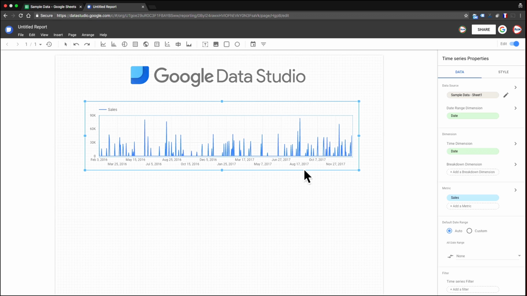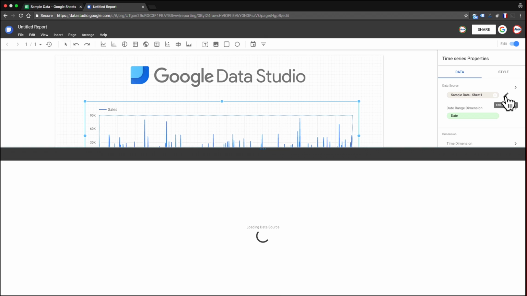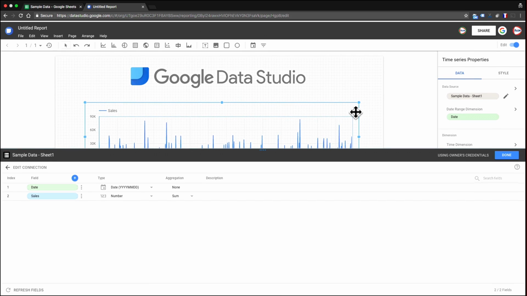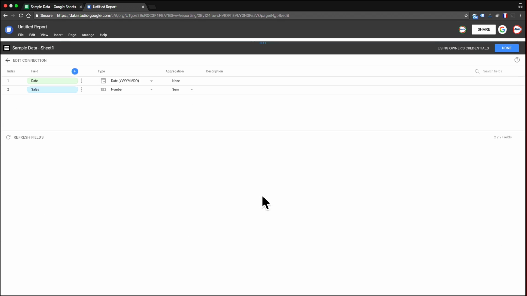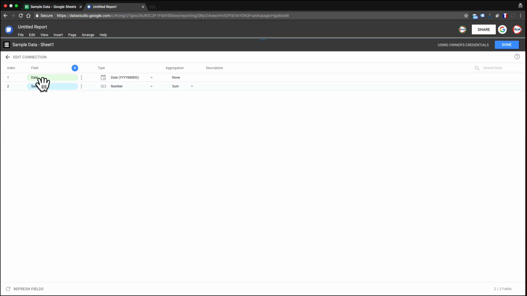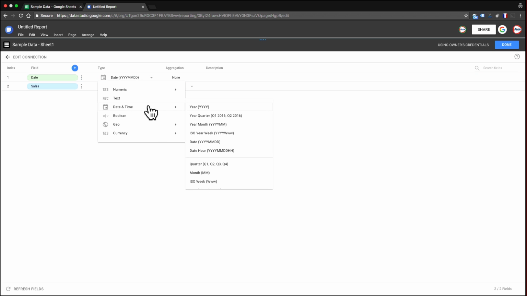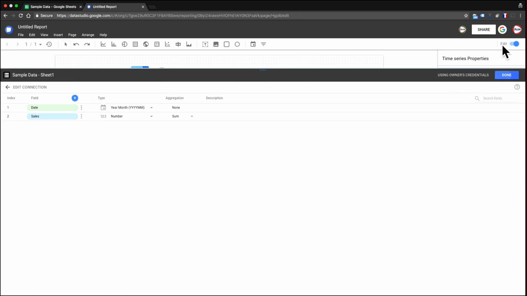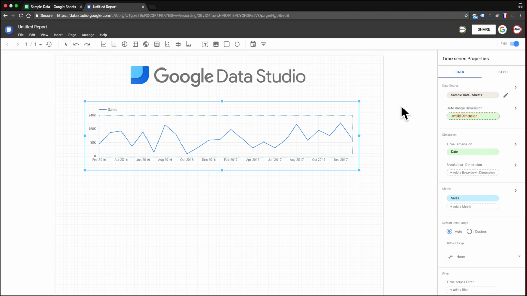You would get there by clicking on the pencil icon next to data source, and that brings up this shade. What we can do now is go to date, and you can see date is selected as date YYYYMMDD. We open up the menu and we can select month, year month. Once we do that, we go down and suddenly we see that the report now is rolled up to a